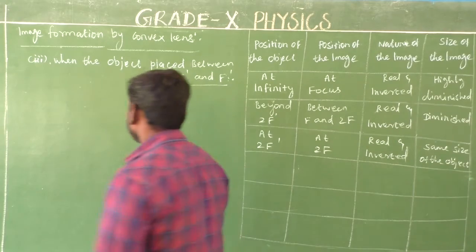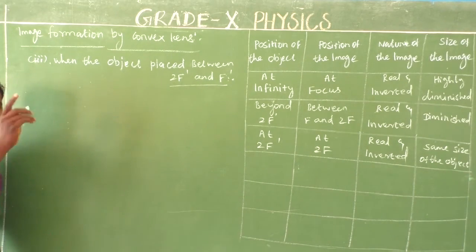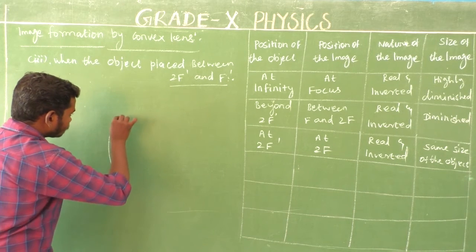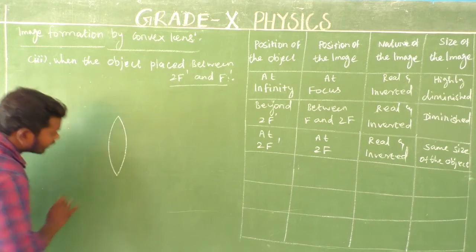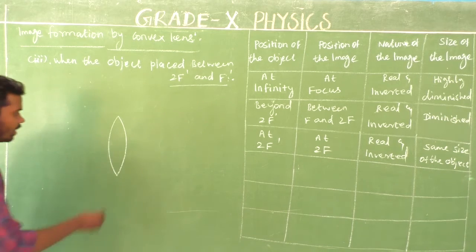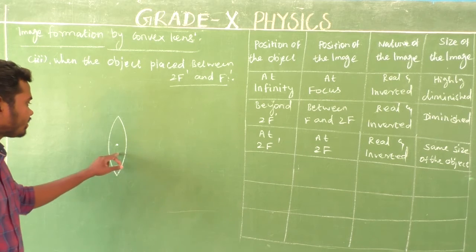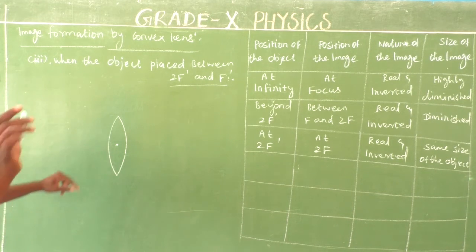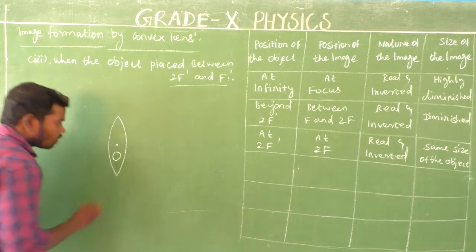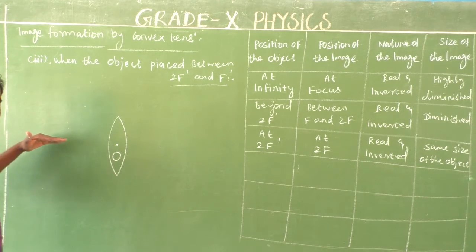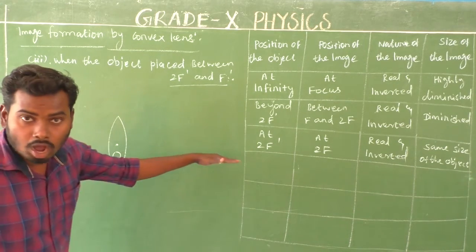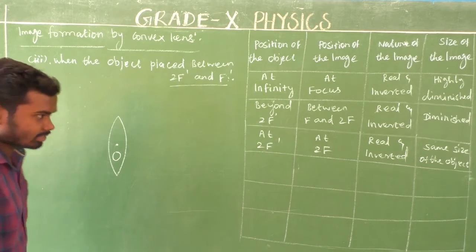Yes, let's get started. So consider a convex lens. The center point of a convex lens, what is that? That is optical center. Am I right? Optical center is denoted by letter capital O. Next, an imaginary line which passes through the optical center, what is that? That is principal axis.